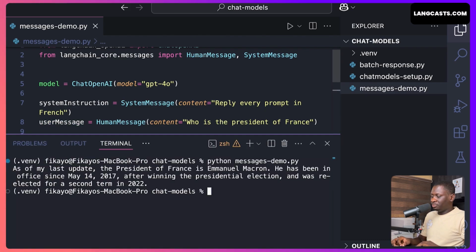So let me pull up the terminal. Let's just run it again. We have the English answer. Now let's see the French answer. We pull that command up once again, python messages-demo.py, and now when I hit enter,